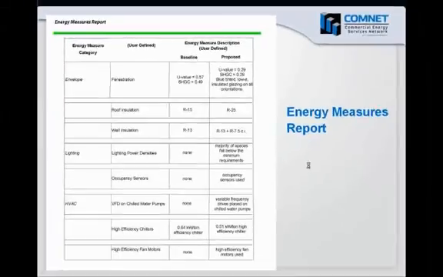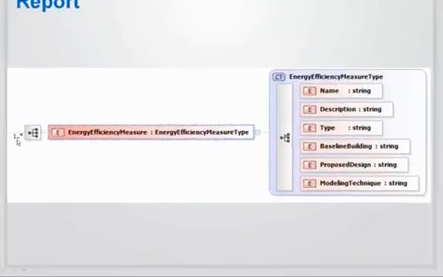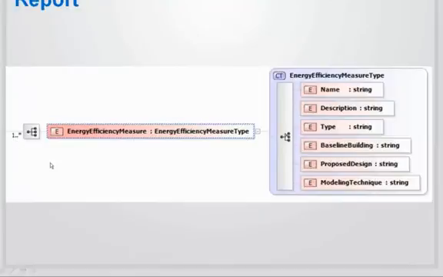So how is this represented in XML? We have an efficiency measure type report data structure, and again, on the far left here of the screen, the